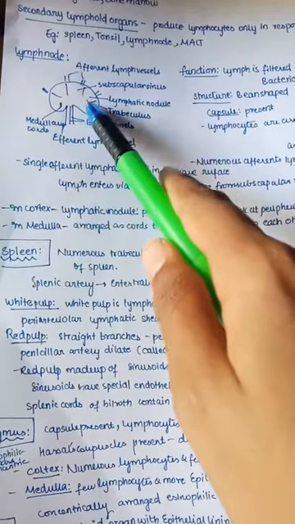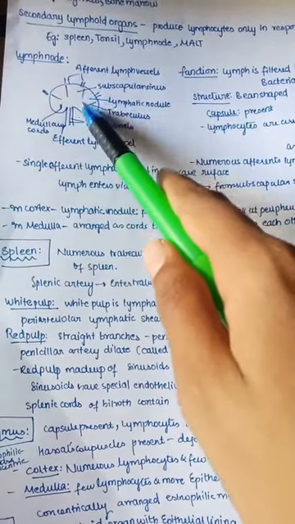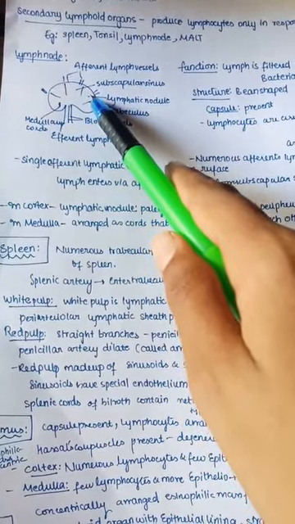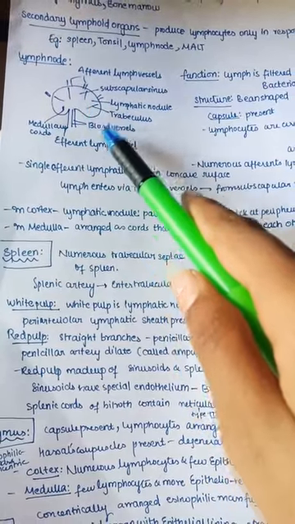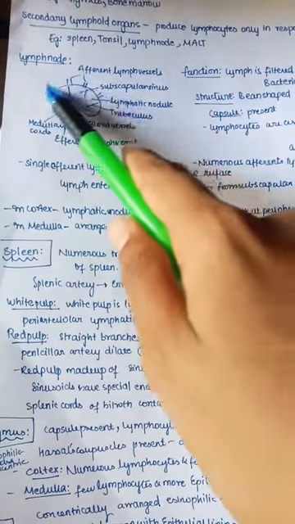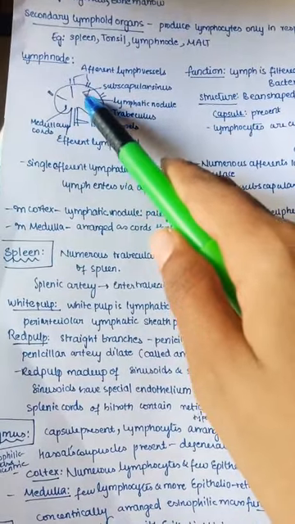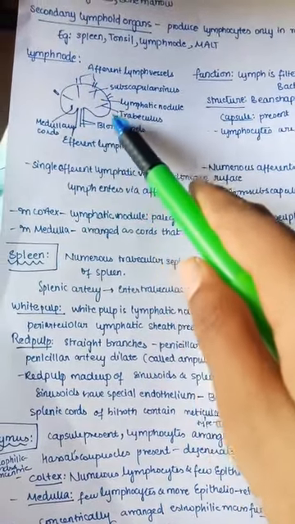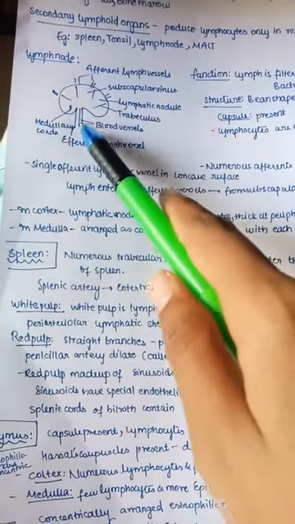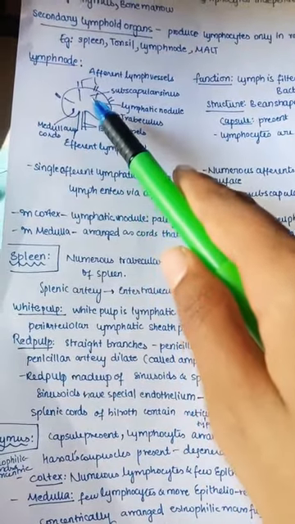So you can see there are lymphatic nodules which are present in this outer cortex, which are mainly aggregations of B cells. And these are the trabeculae. The outside capsule is made up of connective tissue, and that capsule moves inward and divides the lymph node, forming a trabeculae here. And this is the blood vessels, that is both artery and vein, that is present. So let us see function.